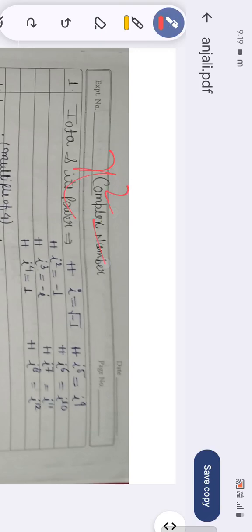x square plus 16 is equal to 0. Then x square will be minus 16. But in previous example,